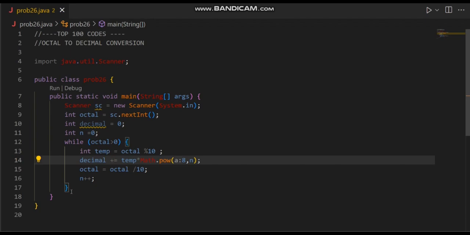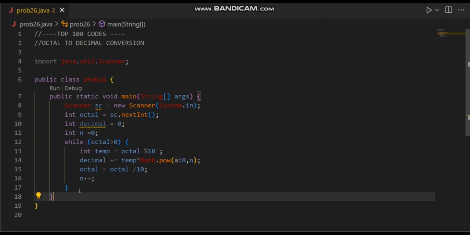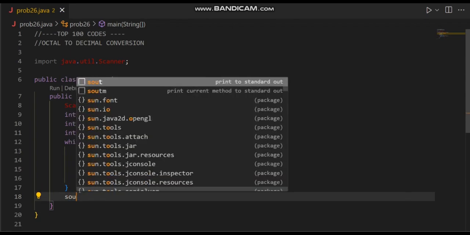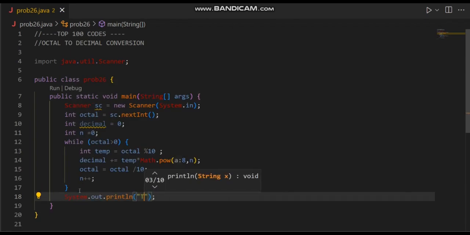Now let's print our decimal value. The decimal value is